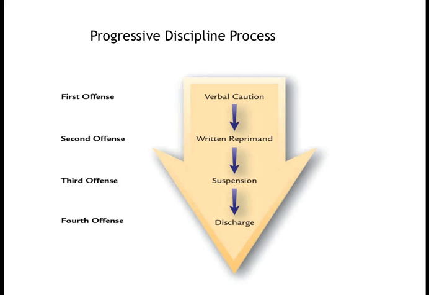This slide is just another visual to give you a sense of how the progressive discipline process works. As I said, regardless of whether you're using positive discipline or progressive discipline, both of them encourage some degree of progression from lower level intervention to a higher level intervention like suspension or discharge. The goal here is you give people due process, you're giving them multiple opportunities to improve, and if they don't improve, then you've got it well documented how to let them go if they don't manage the improvements as you want them to.